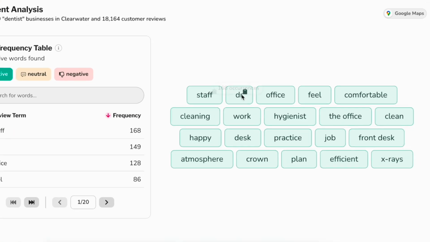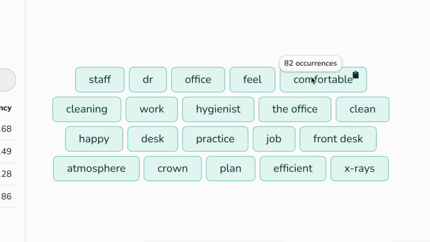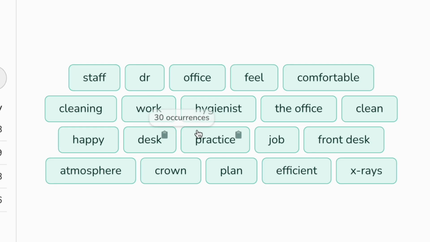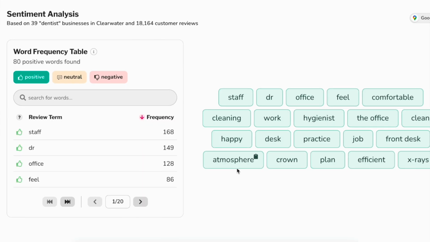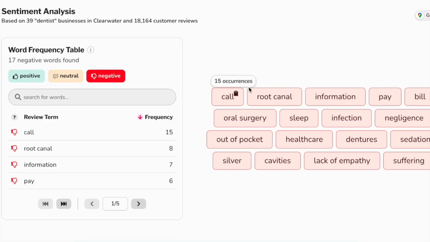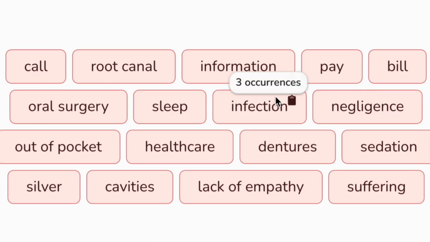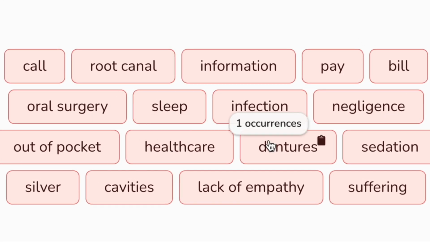So we always started with a sentiment analysis. This allowed me to show what the marketplace really liked about their dentists. Things like the doctor, the staff, the office, getting a cleaning, and then of course, there were the negative influences. These were things like dealing with insurance, not giving enough information to the patient, and doctors not being transparent about their pricing. So when we were utilizing these sentiment analysis, that was allowing us to make the page, but we